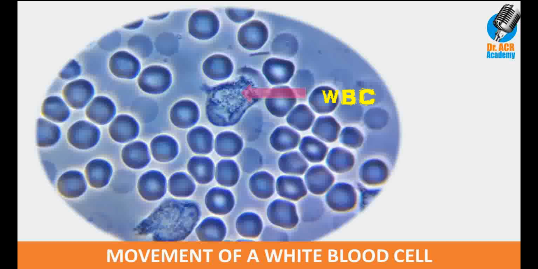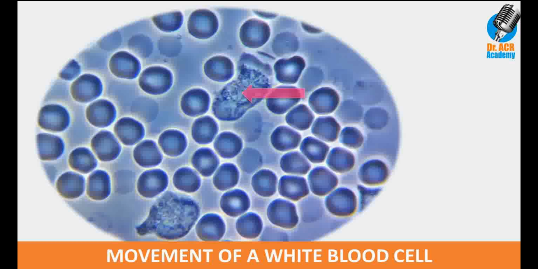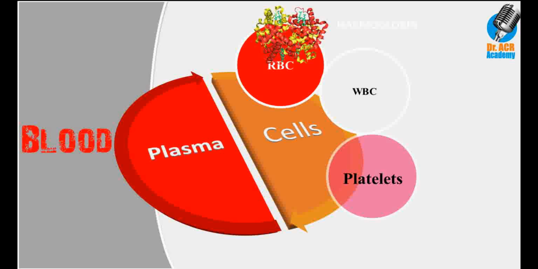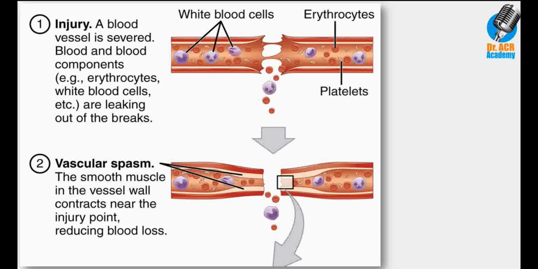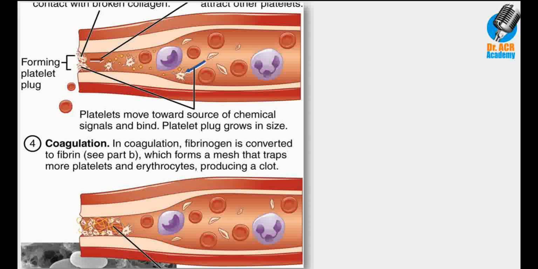Finally, the platelets, which are very small, colorless cellular fragments present in our blood that form clots and help to stop the bleeding during an injury. Here we can observe the movement of platelets towards the injury and forming a clot at the injury, which finally supports the healing of the wound.